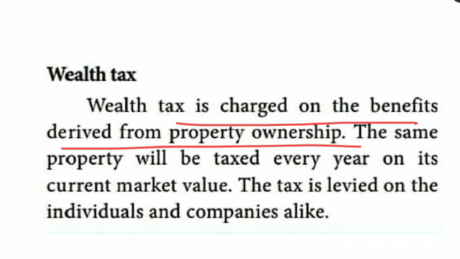The owners are getting benefits from their property, so the government is levying taxes on their property. The owners are getting some benefits, some profits from their property. Okay, so from their land, they are getting some amount, some profits. So the government is levying taxes on their property. That is called wealth tax. This type of tax, the government levies on individuals as well as companies alike. So if companies have wealth and are utilizing that wealth, they have to pay taxes to the government. That is called wealth tax.